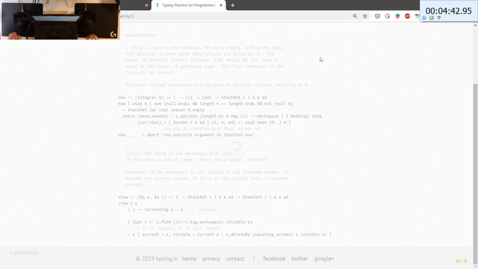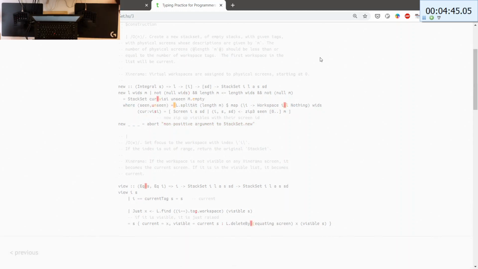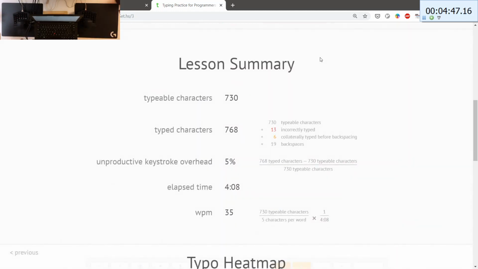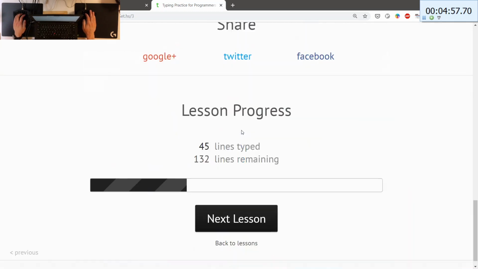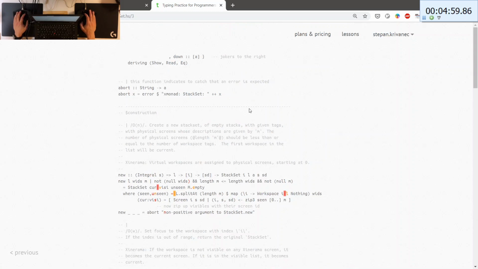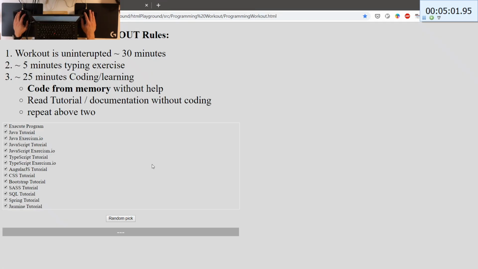All right, we got something. What is the result? The result is pretty neat. 5%. So I'll keep this down, hopefully, and see how it goes. So I'll close this. Normally I would choose randomly, but now I'm giving priority to Execute Program since